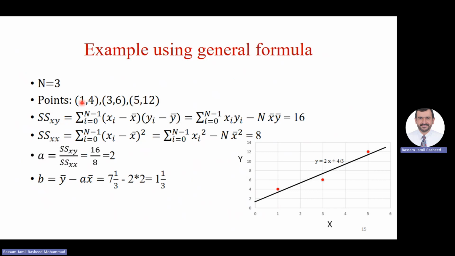So 1 plus 3, that's 4, plus 5, that's 9. Divide by 3. So this average becomes 3. So I subtract 3 from all the x coordinates. This gives me new coordinates, right? But I remove the average. In reality, what I'm doing, by the way, is moving all these points to the center, removing the biases from